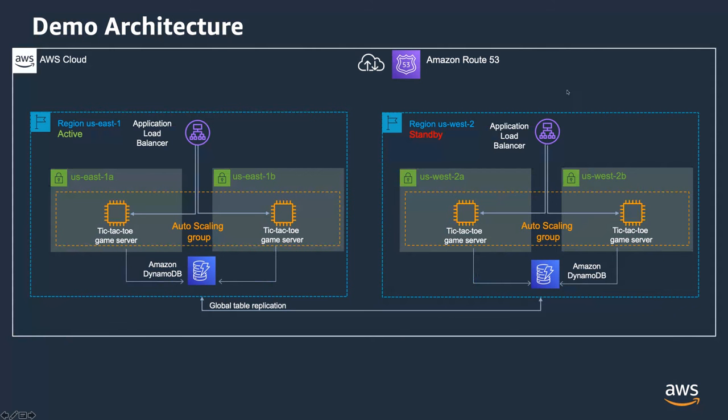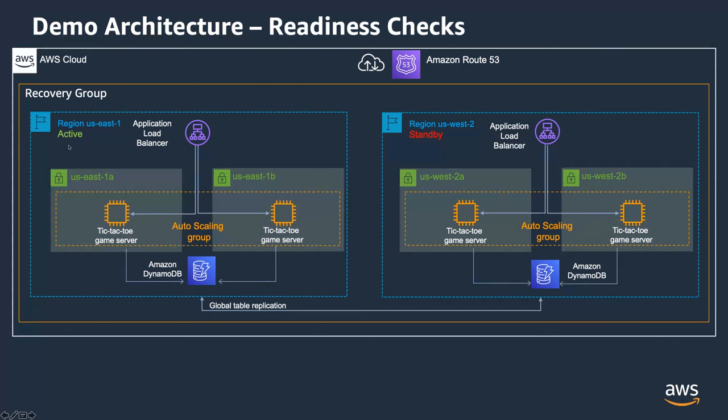And in a failure scenario, what I'd like to do is spin up additional instances here in US West 2 to handle that traffic. So my application leverages Route 53. We've got a load balancer in each of the regions. We've got the auto scaling group, and then we have DynamoDB. And DynamoDB is doing replication between the 2 regions to support that failover. So now what I'd like to do is configure readiness checks and set up these checks between them. So how do I do that? The first thing we do is we configure a recovery group, and this is very simple. It just gives it a name and essentially a bucket to configure all of these other things within it.